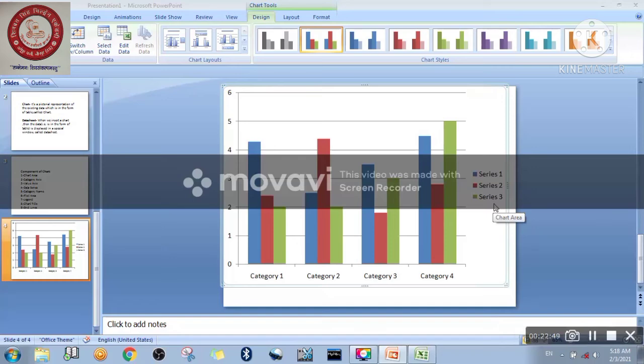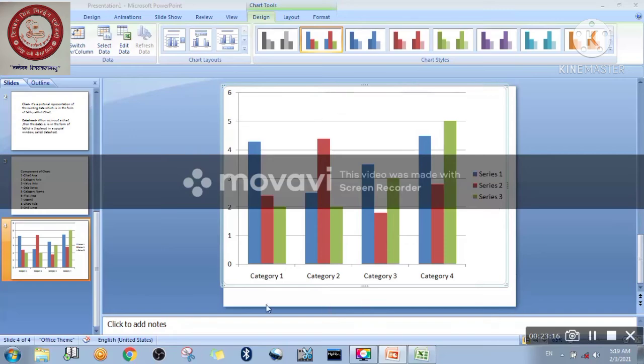That special symbol is known as a legend. Likewise, the blue color always shows series 1, the next one is for series 2, the next one is for series 3. So a legend means the special symbol used for the data series, right? And what is a data series? A data series is the rectangular rods which depict the data values, right?